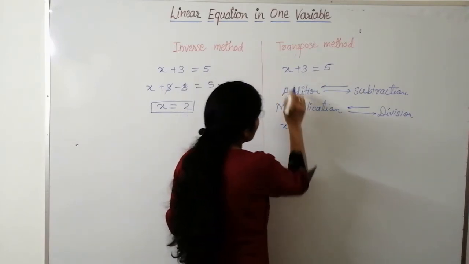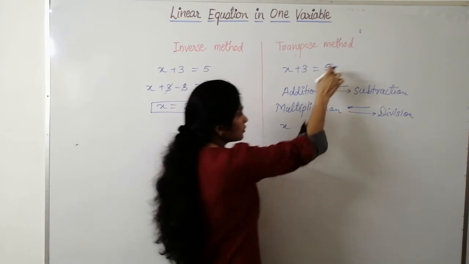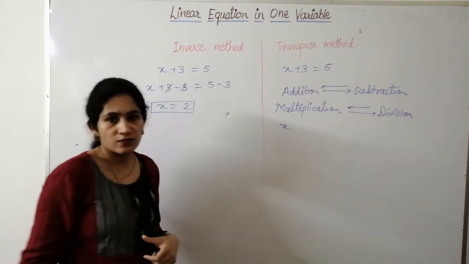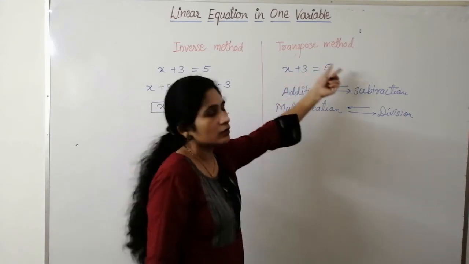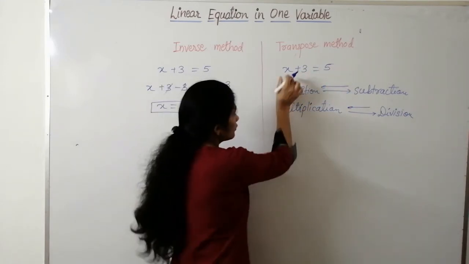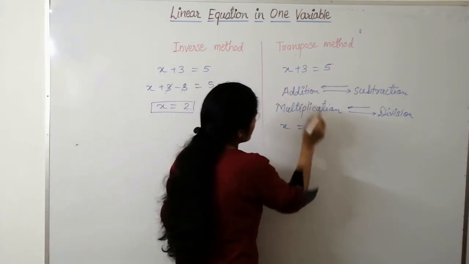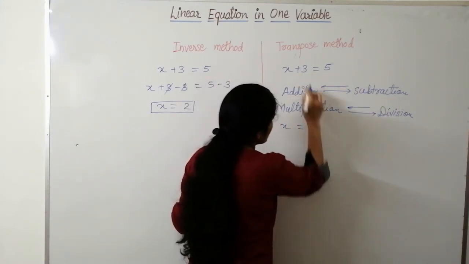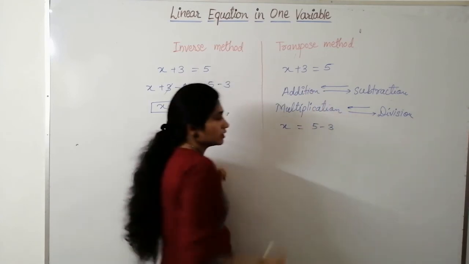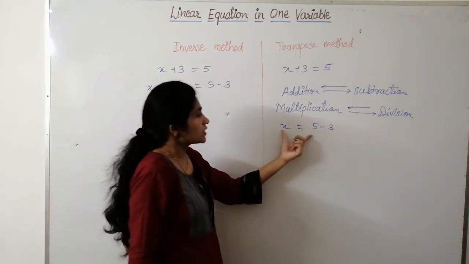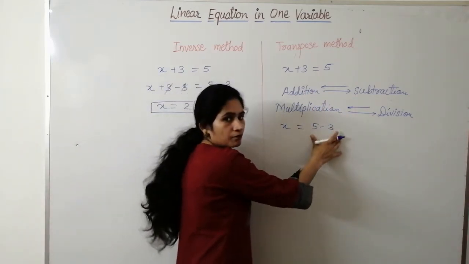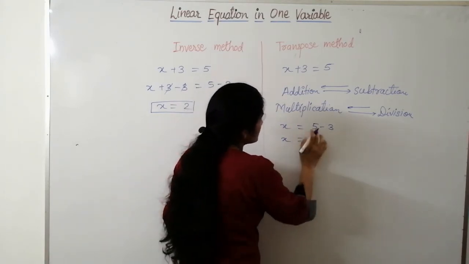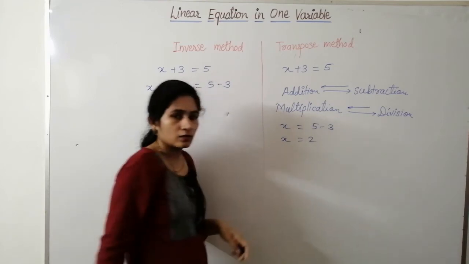Okay, so we have to find the value of x, therefore we have to transpose 3 to the RHS. Transpose basically means to transfer. We have to transfer this 3 to the right hand side. We have to keep x on left hand side. Now we know addition becomes subtraction. Therefore we have to subtract this 3. See, when we transpose the number, the equation remains the same. There is no change in the equation. And you get x is equals to 5 minus 3 is 2.